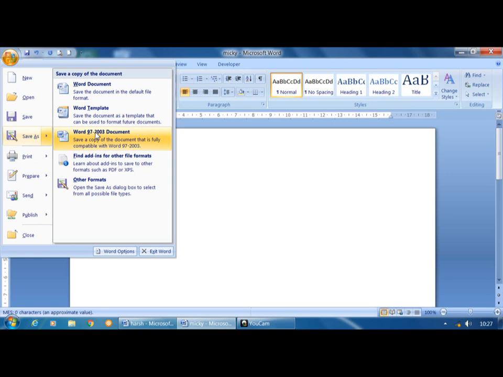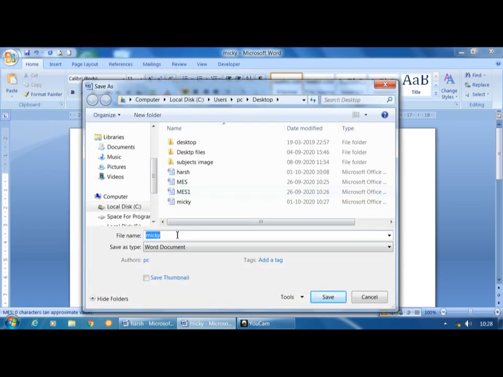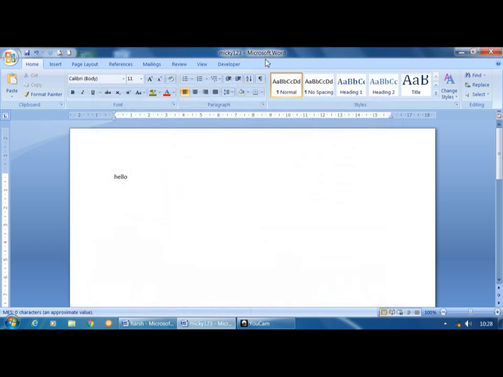Presently I am using Word 2007, and if I want to save the document in an earlier version, at that time you go for this option. So I will click on Word document, then give one more name. I will give Mickey 123. Click on save. Your document name changes to Mickey 123, which contains the word hello.